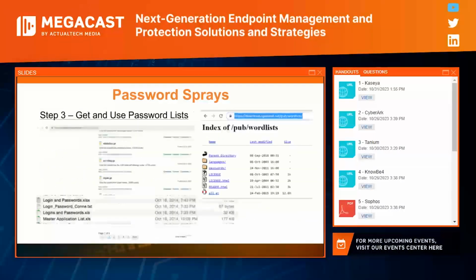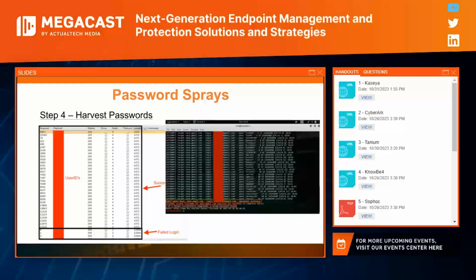Step three is the attacker has to have some type of common password list. They exist all over the internet in all sorts of forms. You can download your favorite password list anywhere you want to. There are some examples there. Then you download a password spray tool. There are dozens of them, including probably the most common password spray tool, known as Spray, a shell script in Linux. And then you just fire it off against the target and see whether you log in or not.